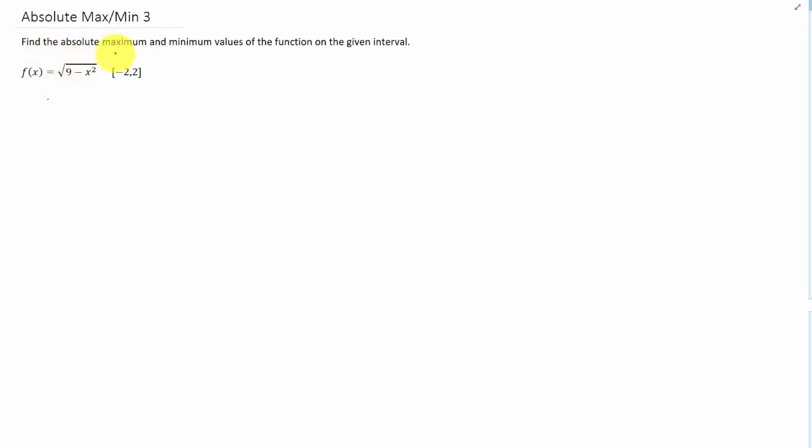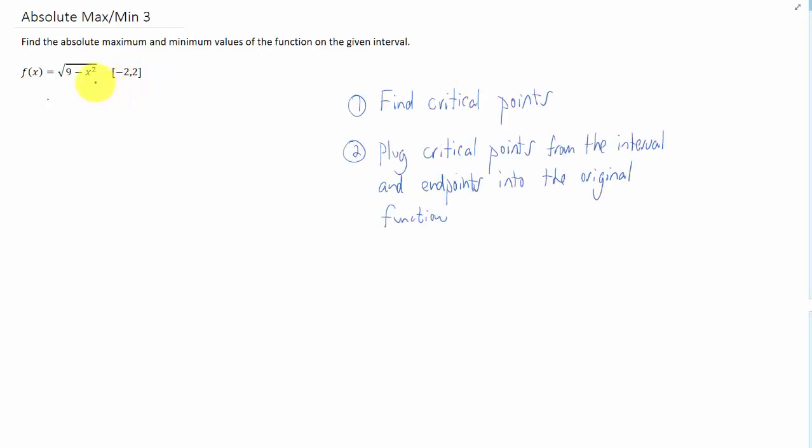Let's find the absolute maximum and minimum values of this function on the interval -2 to 2. As a reminder, finding the absolute maximum and minimum involves finding critical points and then taking those critical points that are in the interval, plugging those in along with the endpoints of the interval to find where our largest and smallest y values are. So to find critical points, we're going to take the derivative of this function, but it's